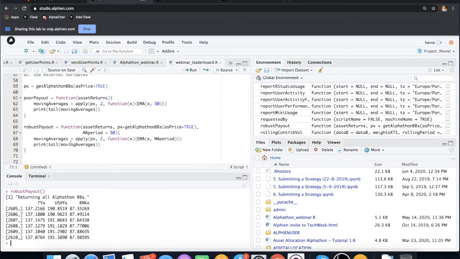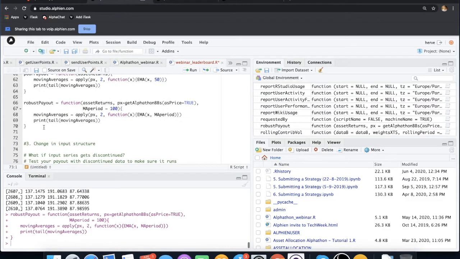It's not much code. The code change is just refactoring, so I don't have many more lines. I've just put everything that I needed to be flexible inside the function definition, basically, the signature. And here, I have also an extra flexibility to test my payout with another period very quickly if I want to go down that route.